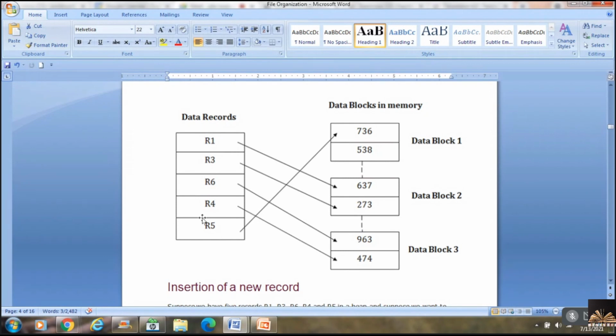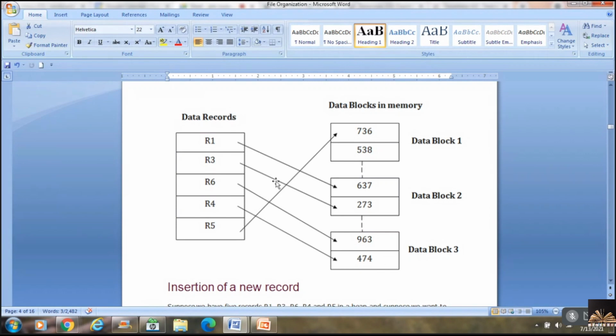So there are 5 records, and these records are stored into the blocks according to the space that is there. Now this particular block is empty over here. You can see in data block 1, this particular position is empty because R1 is put into 637, R3 is put into 273, R6 is put into 963, R4 is put into 474, and R5 is put into 736.